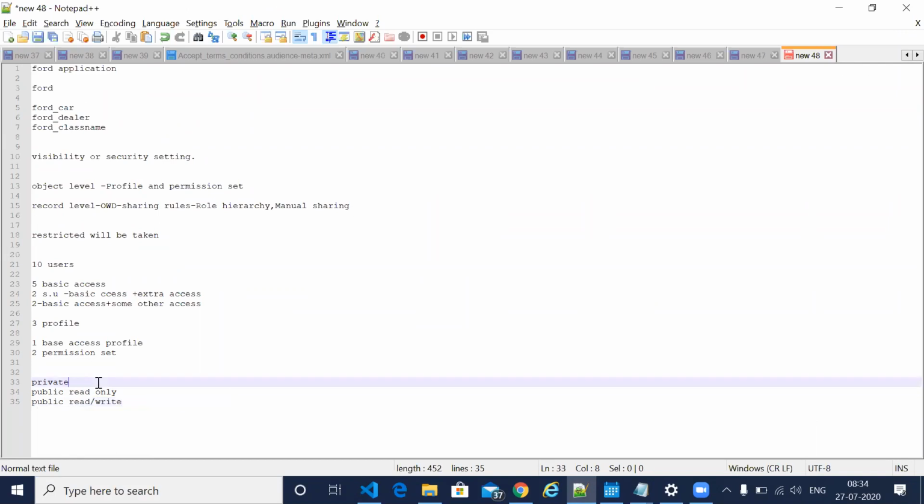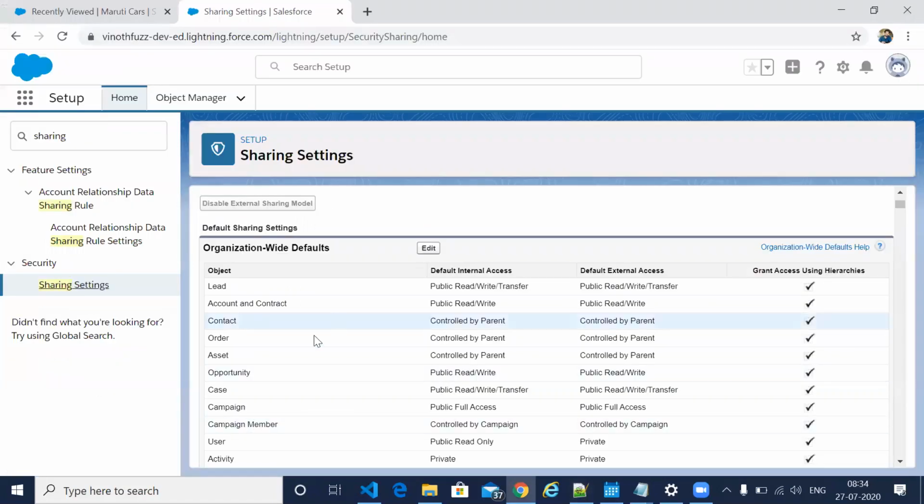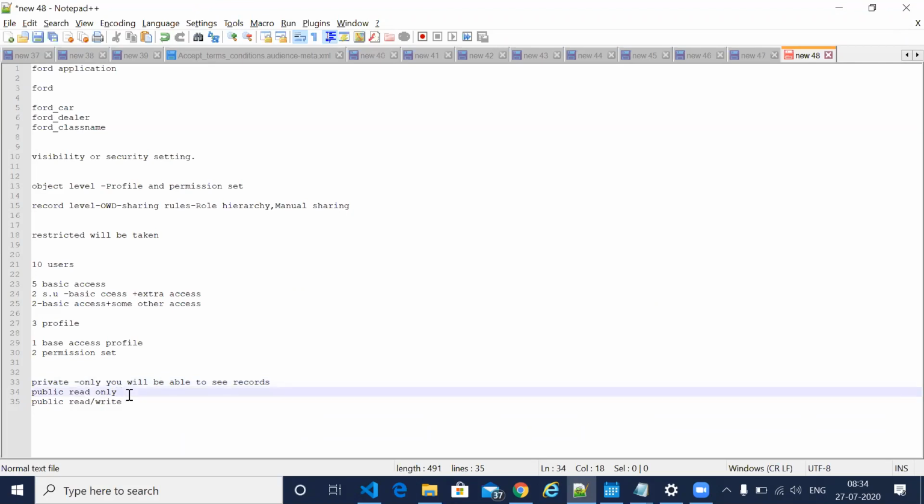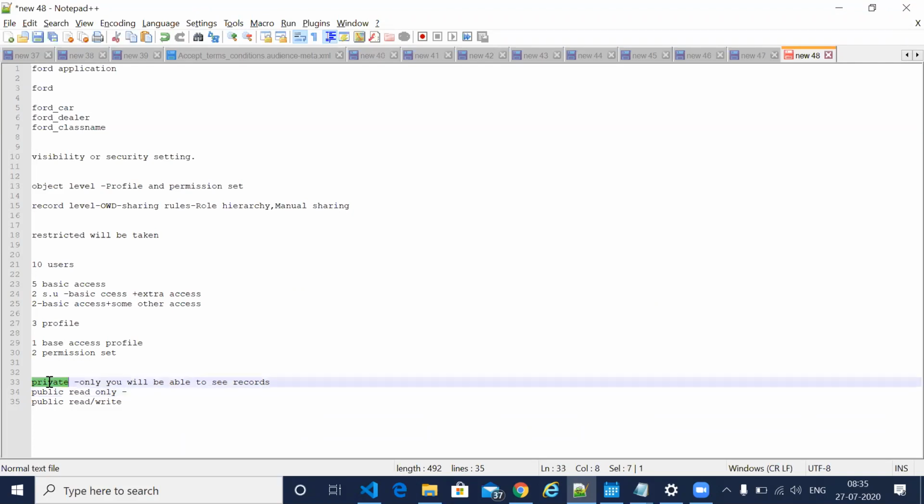Private means you are creating new records, and if that object is set as private in the OWD settings, then only you will be able to see the record, not any other users. So if you are creating a record, only you will see it when the setting is private.